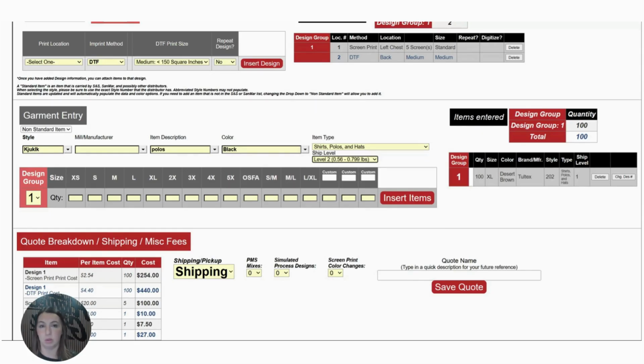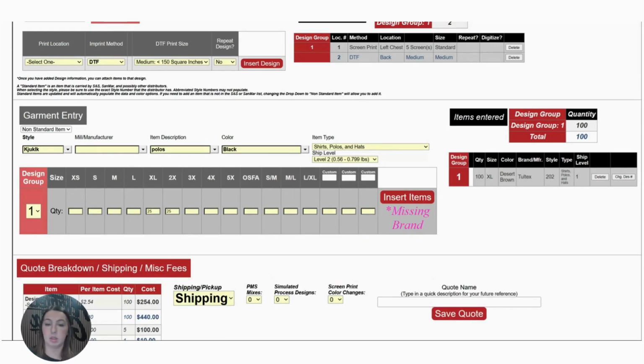We don't want it the opposite. We don't want you to quote and then we've got to say, oh yeah, well this is actually level 2 shipping. So again, for the most accurate quote, we do hope that you were able to get that information from your customer. So pick the level of shipping, and we're going to pop in the sizes here